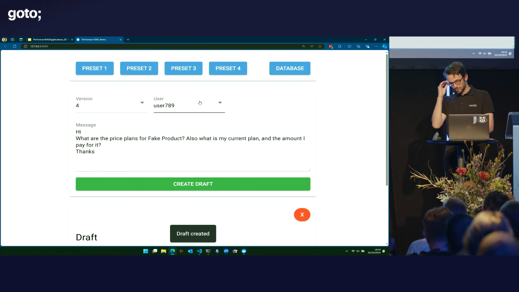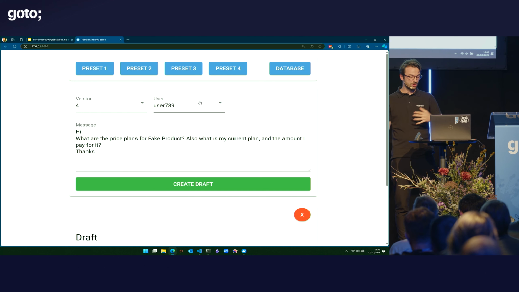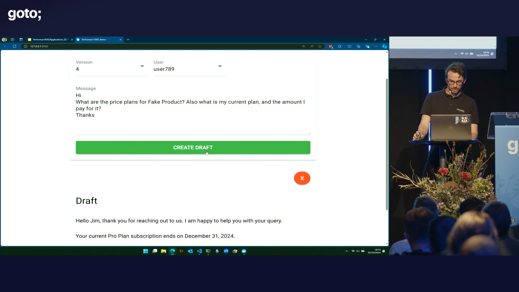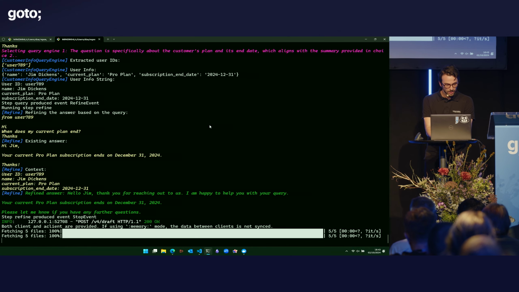So let's look at this question. So this is one that gets a bit more tricky. So first of all, we want to know what's the price plans for fake product. Also, what is my current plan and the amount I pay for it? So this is kind of a conjunction of questions where we want to know what plan the user has, but also what the prices for the plans are, and then answer the question based on that. So let's try and create this. And if we look at the log here,